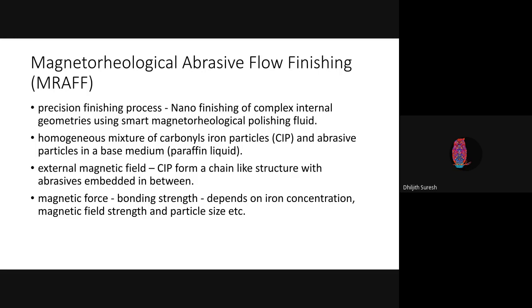So the whole structure will act like a multi-point tool, and this will be moving to and fro in the case of two-way flow machining, or it will be moving unidirectionally if it is single way or one way. Anyway,